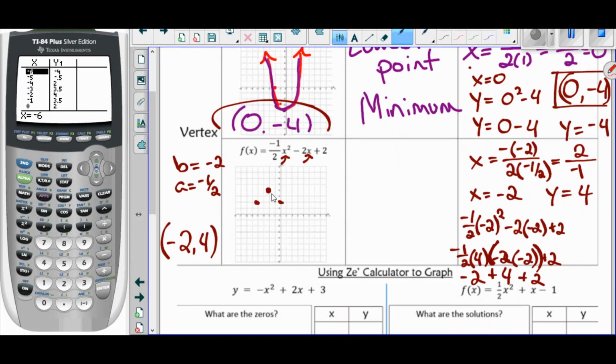And let's scroll up to see where that thing hits the, oh, no, I don't have a 0 listed there. That means it's going to be a decimal. All right, well, I actually have a clear enough picture from just that. I know it's going to look roughly like that. I'd like to know my zeros, but we're going to find out how to find that